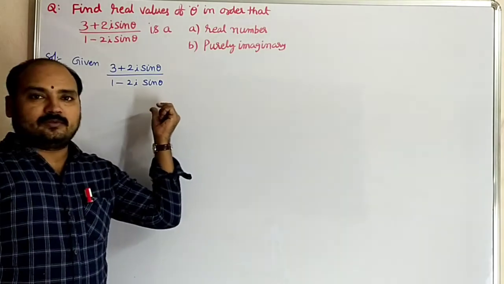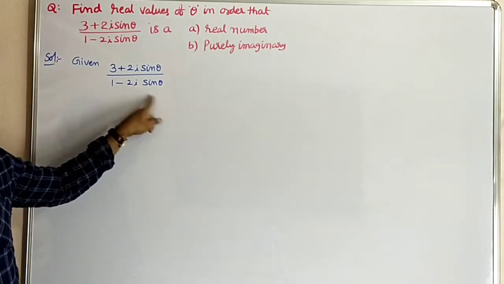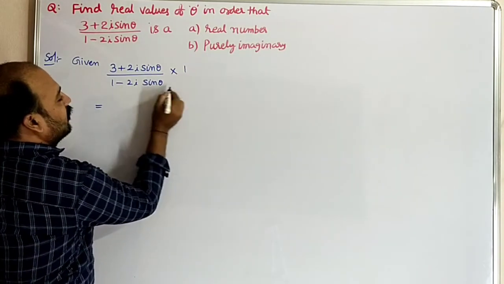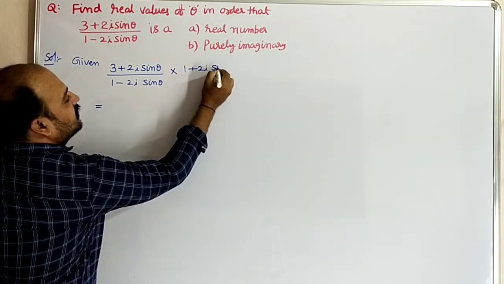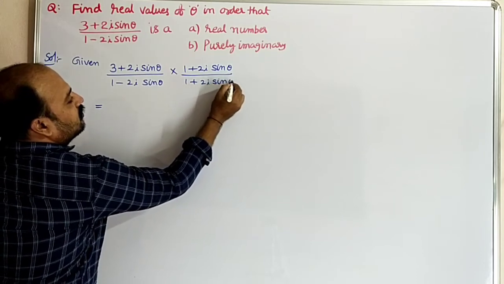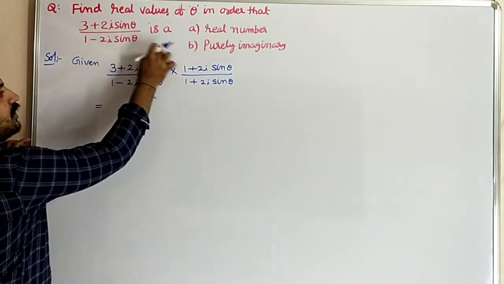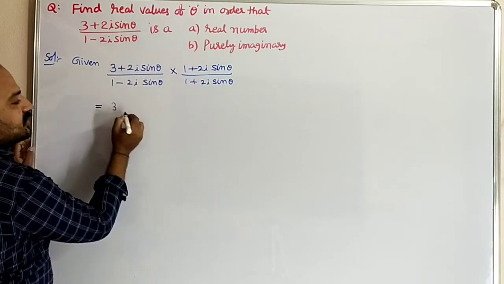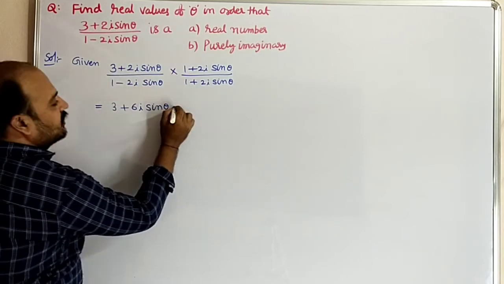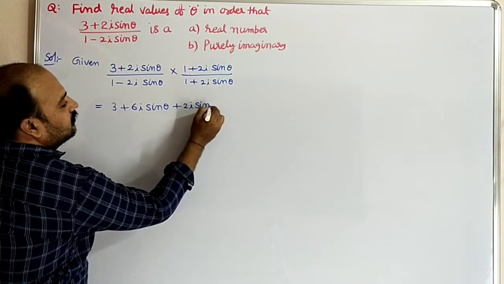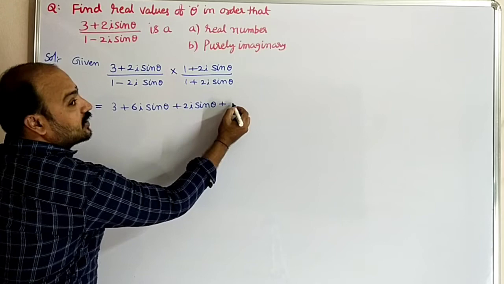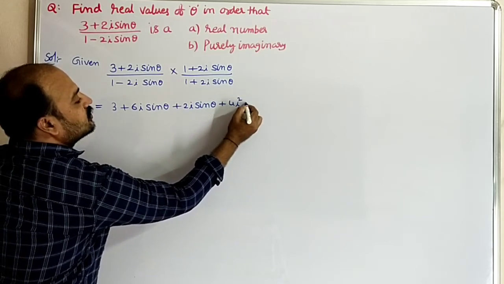First, rationalize with respect to the complex conjugate. So, multiplying and dividing by the complex conjugate of the denominator, 1 + 2i sin theta divided by 1 + 2i sin theta. So, in the numerator, actual multiplication: 3 into 1, 3 into 2i sin theta, that means 6i sin theta, 1 into 2i sin theta, that is 2i sin theta, 2i sin theta into 2i sin theta, (2i sin theta) whole square, that means 4i square sin square theta,